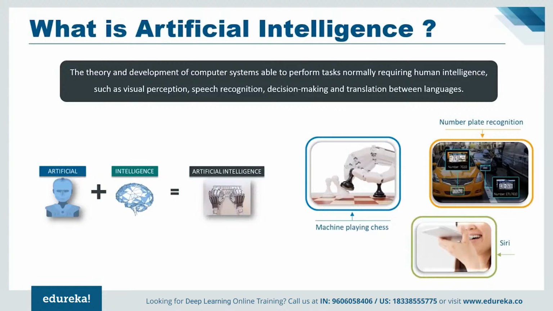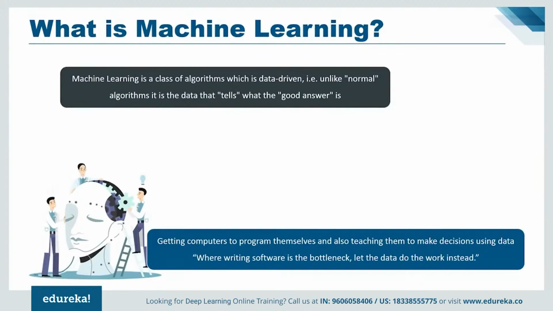Now, if you ask me, AI is the simulation of human intelligence done by machines which are programmed by us. Now, the machines need to learn how to reason and do some self-correction as needed along the way. Now, given the detailed algorithms which artificial intelligence systems can make use of, they can perform huge tasks faster and more efficiently. Now, machine learning and deep learning are just ways to achieve artificial intelligence.